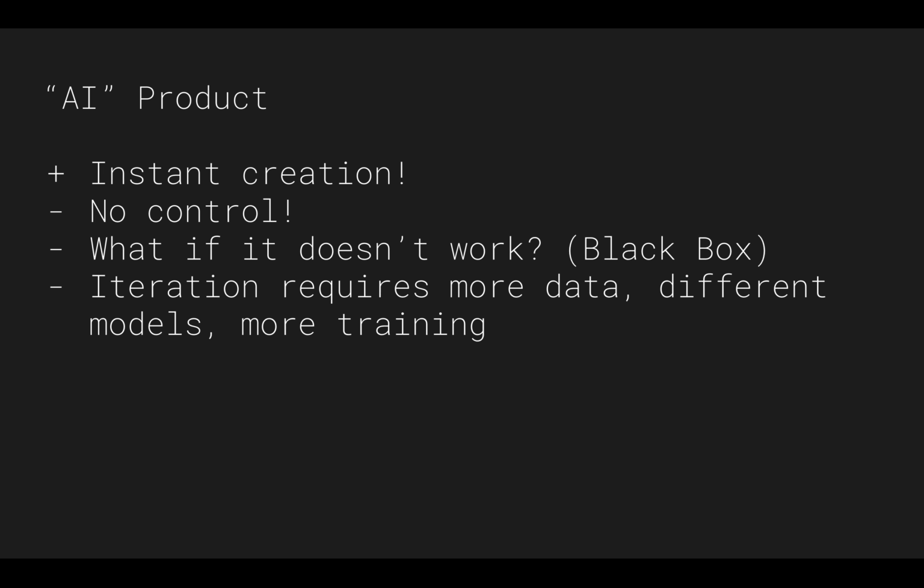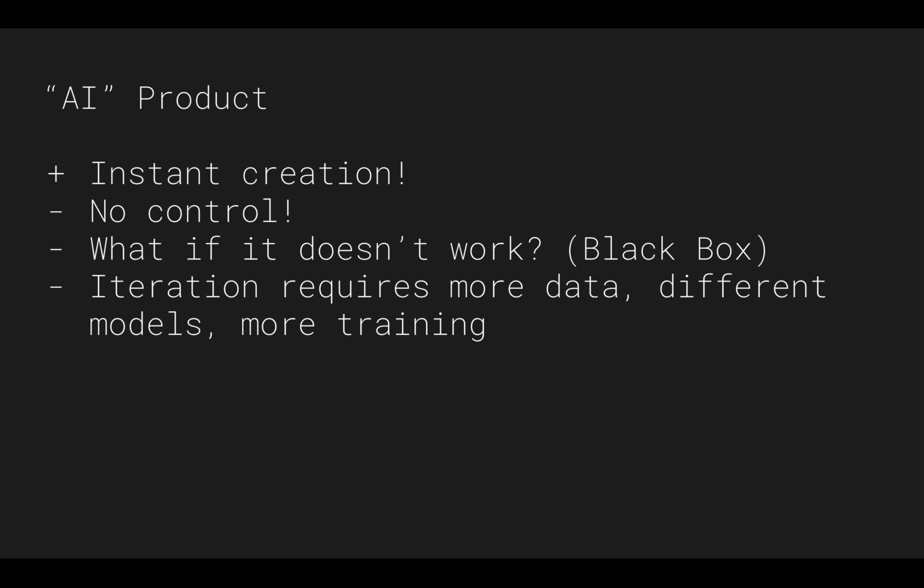How many people have gone to ChatGPT and said, oh, let me put in some content and ask it for something, and what I get back is garbage. That garbage is not something that you have control over. You can try to rewrite your prompt to ask for something better, but you might not get a better result that way. And this is one of the bigger problems with AI, and probably where we need more